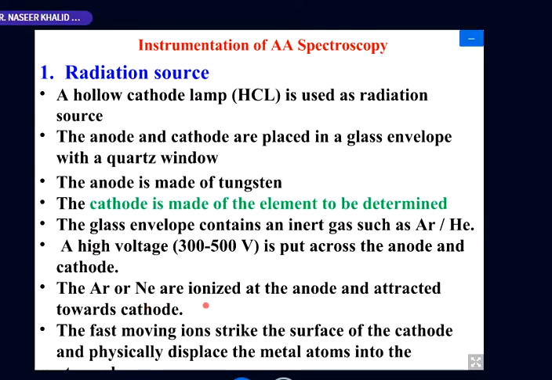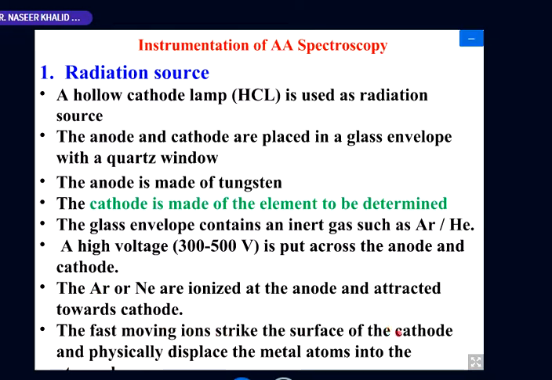And these fast moving ions of argon or neon or helium strike the surface of the cathode. The surface of the cathode, for example, in this case is iron. So it is the surface of the iron. When this argon